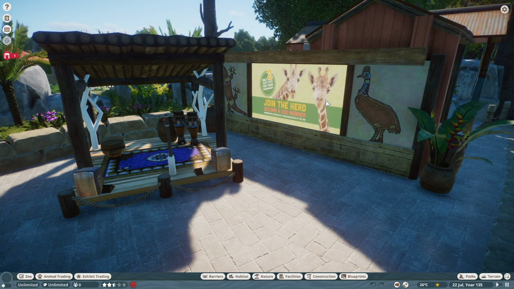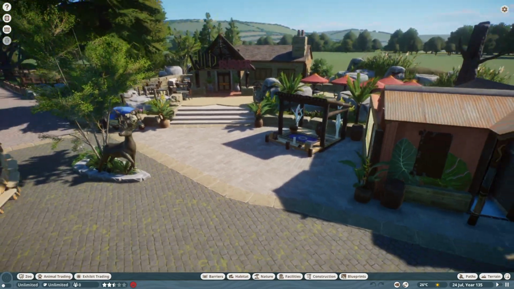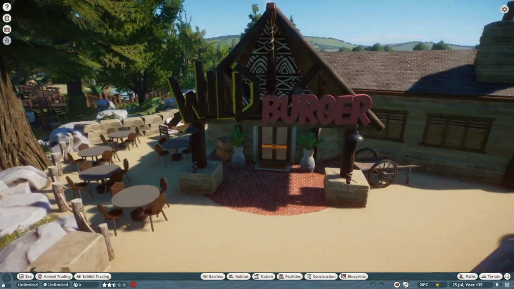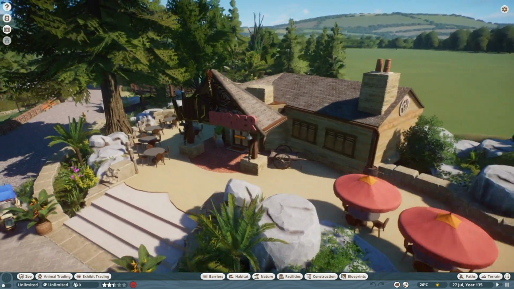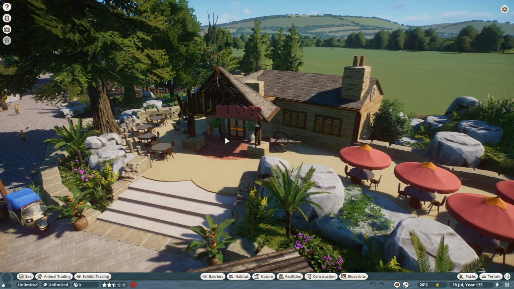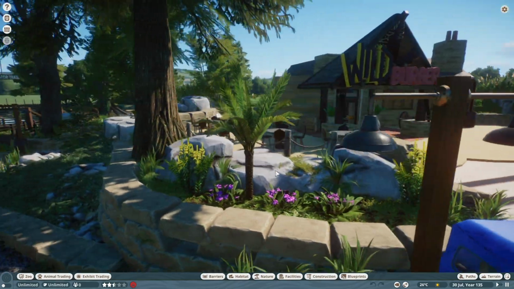Membership, join the herd membership advertisement right there on the side of the bathrooms. Then you come up to our first restaurant, Wild Burger. So you can eat inside there. Not a lot of room inside, mainly just meant for ordering. And there's a couple tables in there, but it's mainly meant to grab your food and come back out here and enjoy the meal